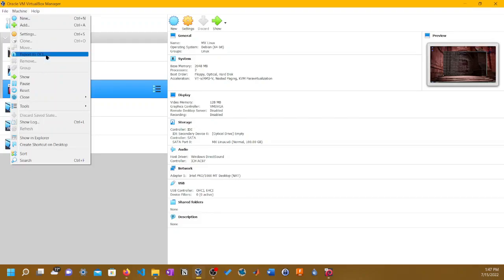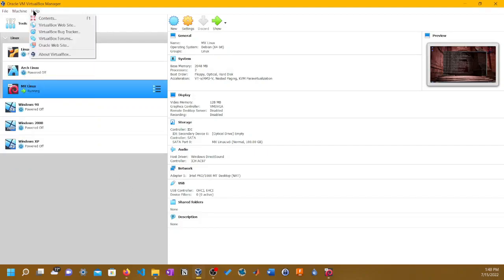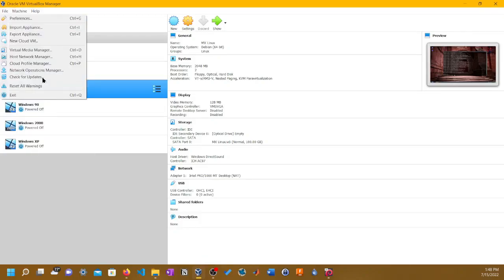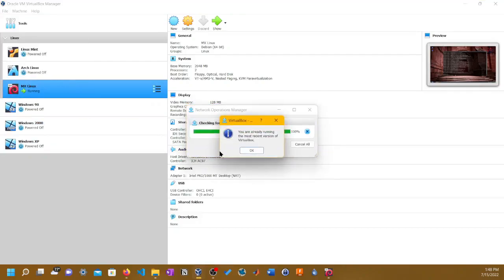There's export to OCI, show, tools, or search. Or you could search your operating system if you have a lot listed in VirtualBox. And then there's documentations. And there's Virtual Media Manager. There's check updates. Yeah, I'm using the recent version of VirtualBox.